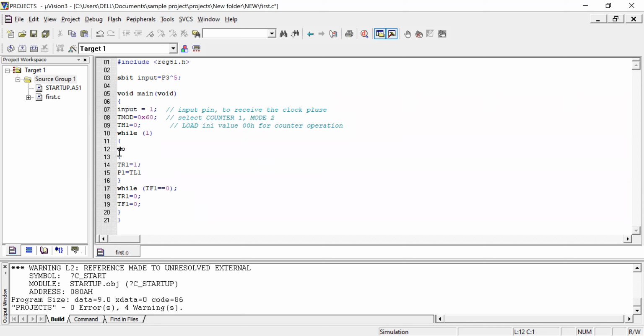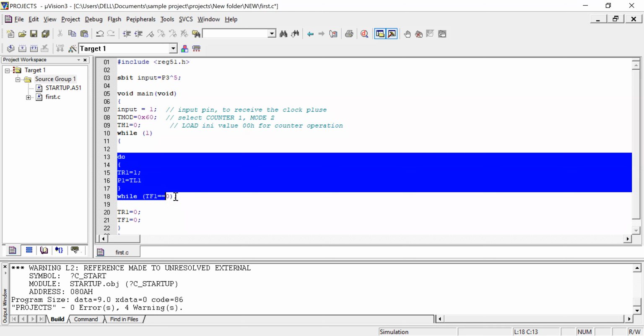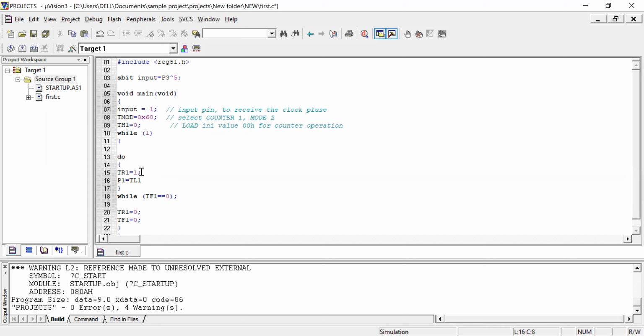Here I'm going to use a do while loop. I turn on the timer, and whatever value is in the TL register, I put to port 1. Once you have started the timer, depending on the count pulses given to the port pin, the value will be incremented here, and I'm pushing that value to port 1.